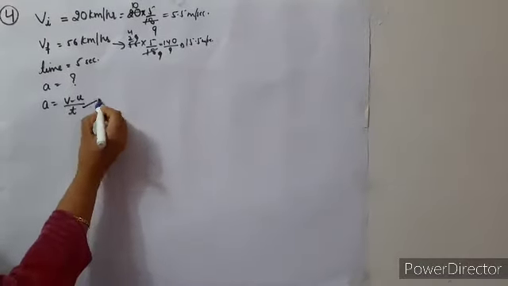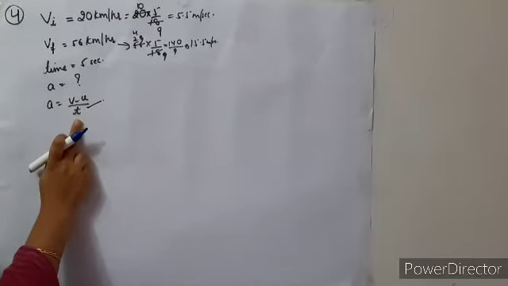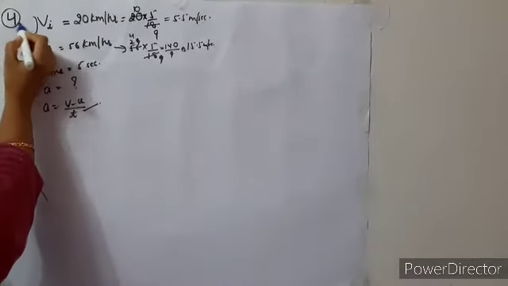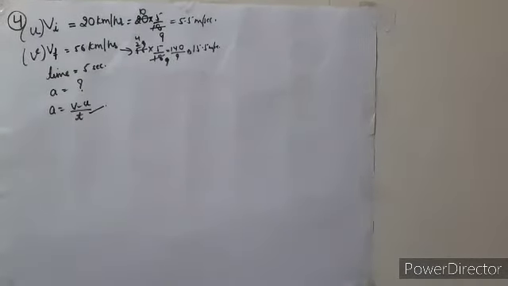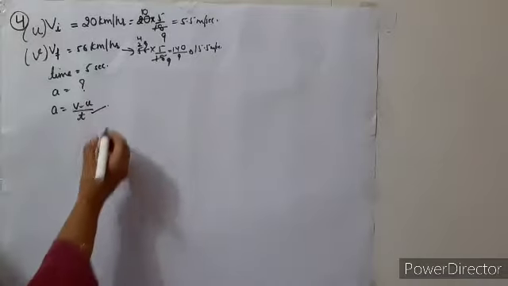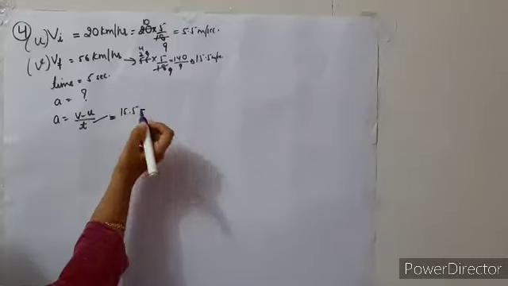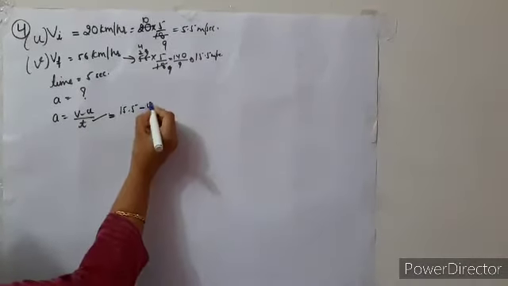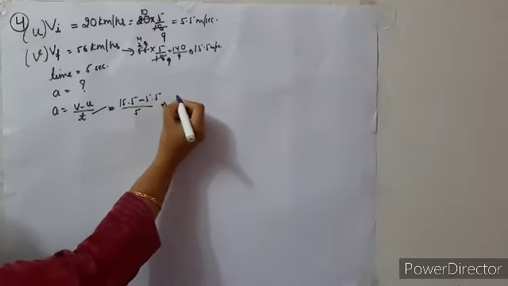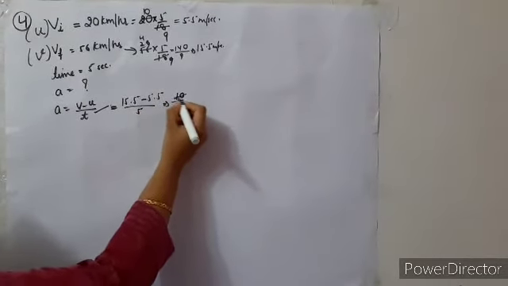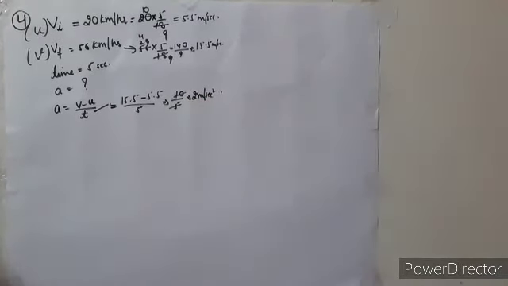Now next is to apply the formula. So the formula of acceleration is final velocity minus initial velocity over time. Remember this, that initial velocity we write with u, final velocity we write with v. So it is v minus u over t. So what is the value of v? It is 15.5 minus the value of u, which is 5.5, over time, which is 5 seconds. 15.5 minus 5.5, that is 10 over 5. So you cancel out, your answer is 2 meter per second square.